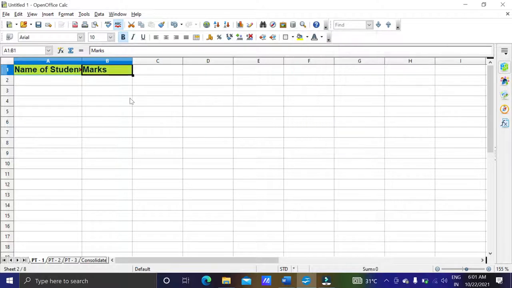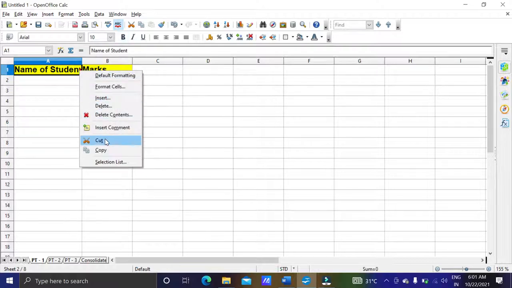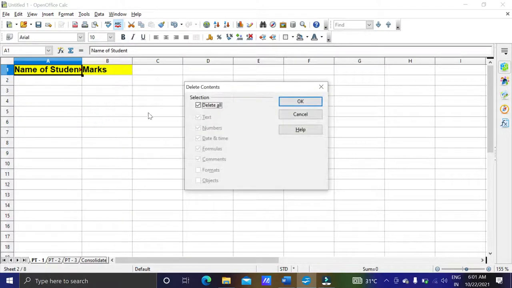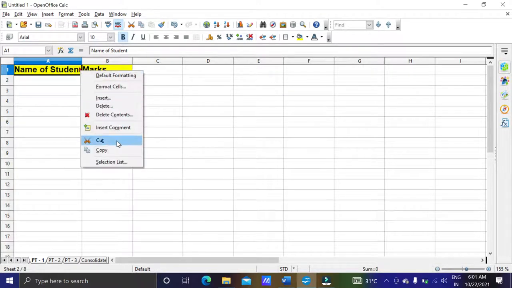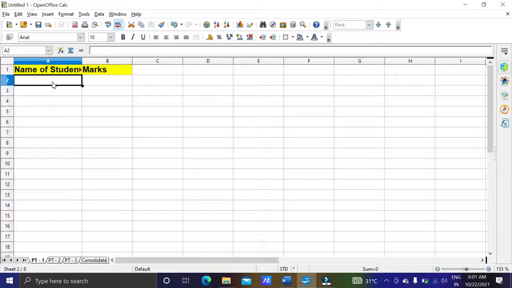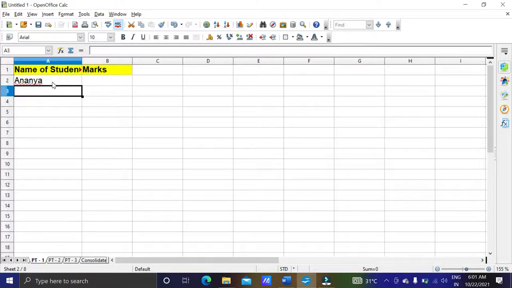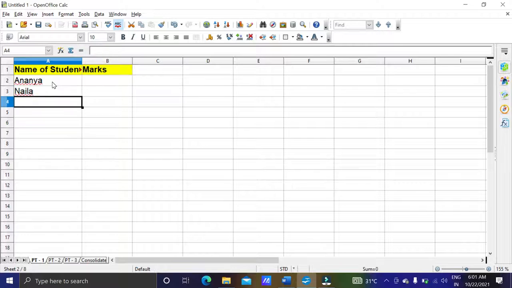Let's change the color. For example, these are the common names.